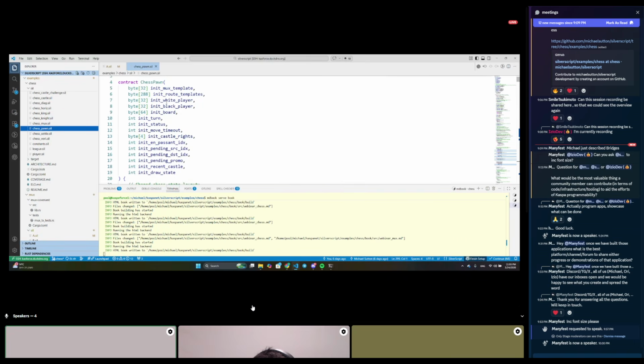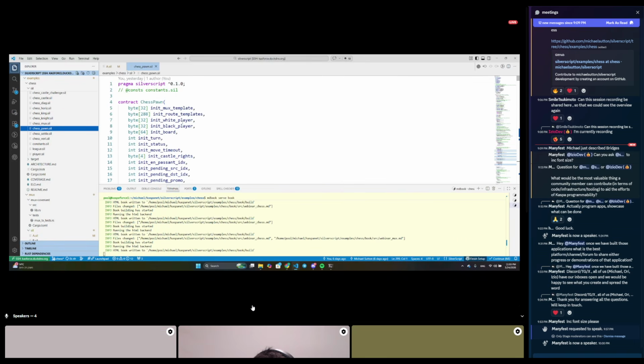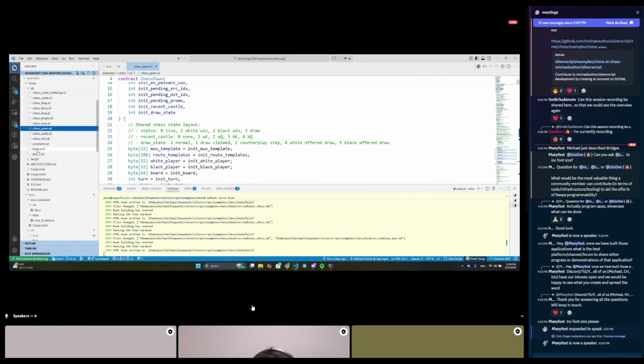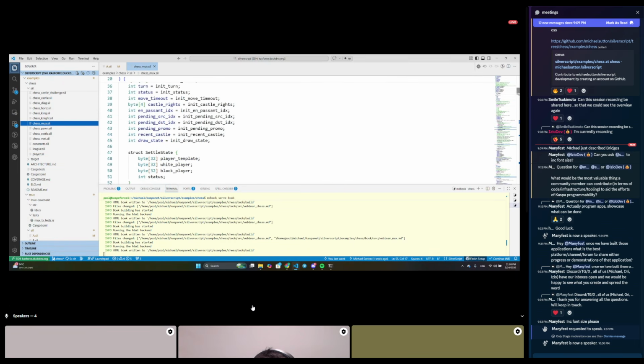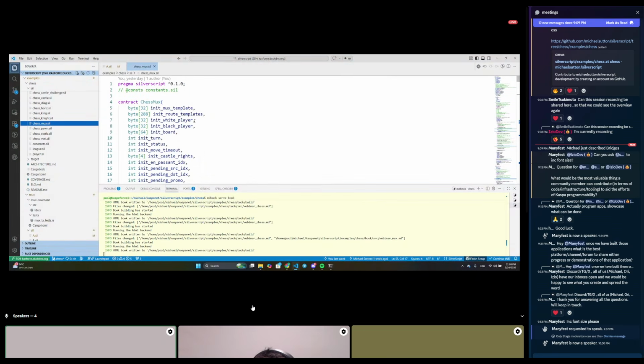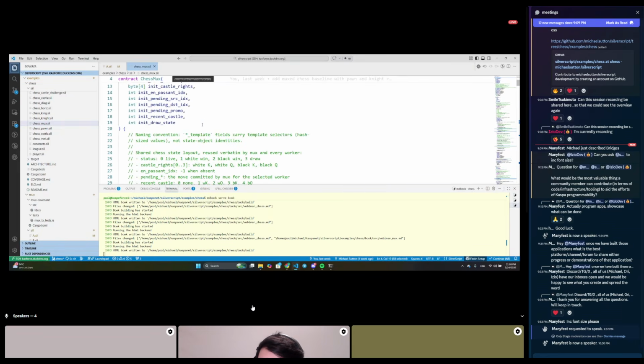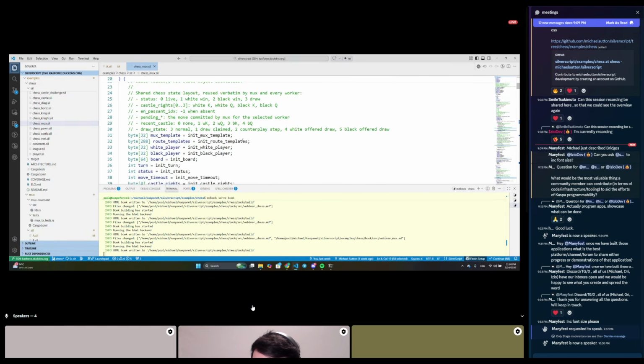So what I did here was, this is the area of templates.